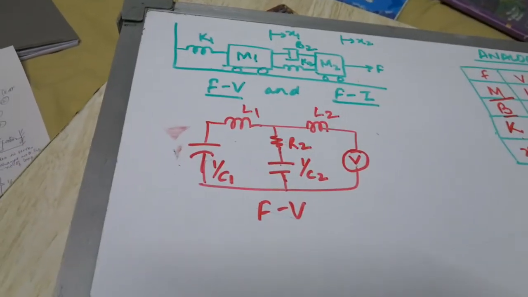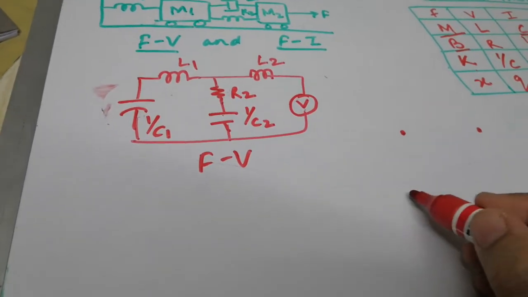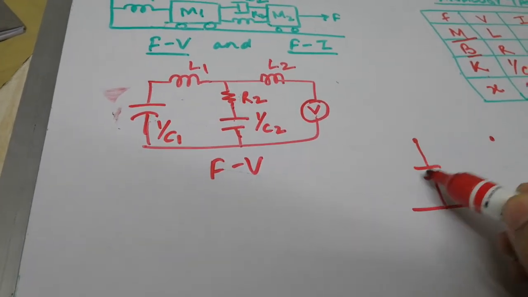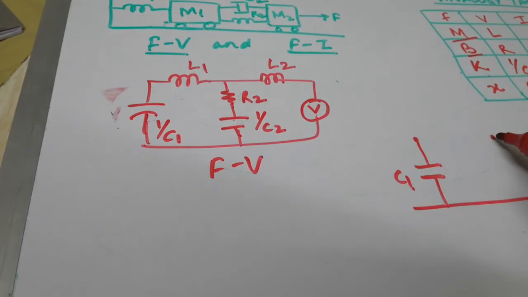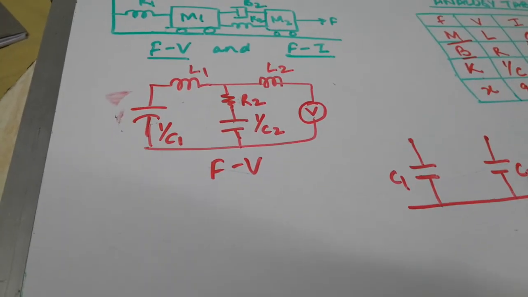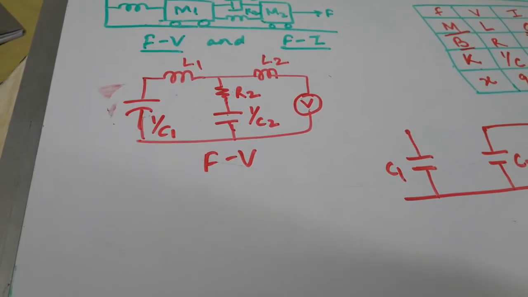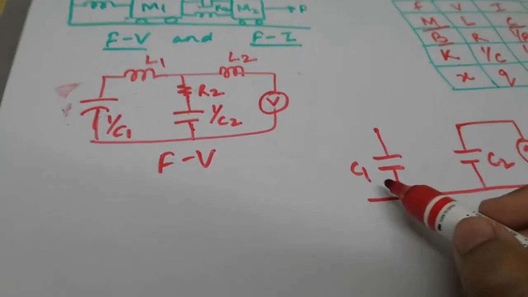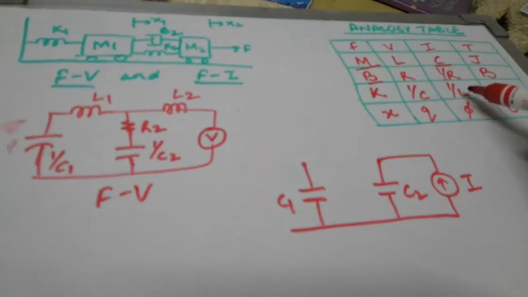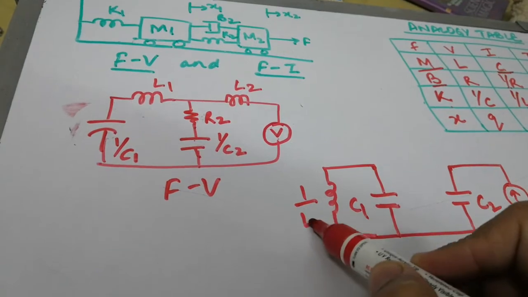So now we come to your Fi analogy. Depending upon the number of displacements, I have 2 nodes and a reference line here. This corresponds to my C1, while this corresponds to my C2, corresponding to the masses. With C2 my force is attached, that makes it like this, and with C1 my K is attached. Corresponding to K, you can see here it is 1 upon L. So here is my 1 upon L1.